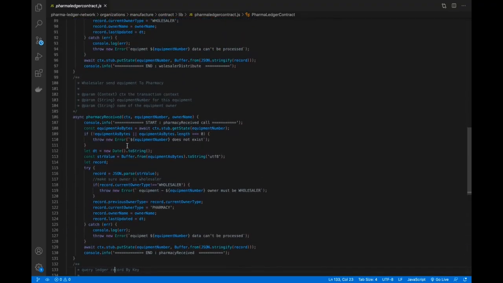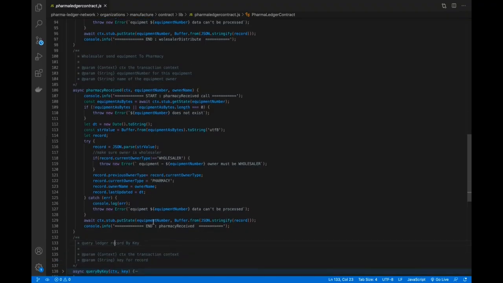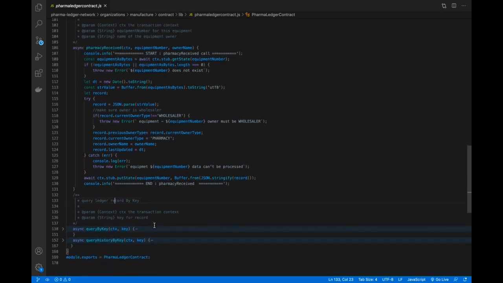Put state is a method which you have used in all the three functions, where you are changing the values or the attributes of the asset. In this statement, you are changing the asset attributes, majorly the current owner type. All these changes which you have done in this try block will get reflected